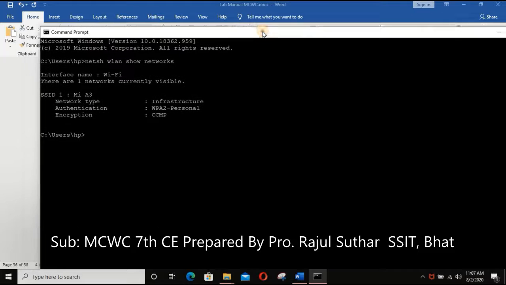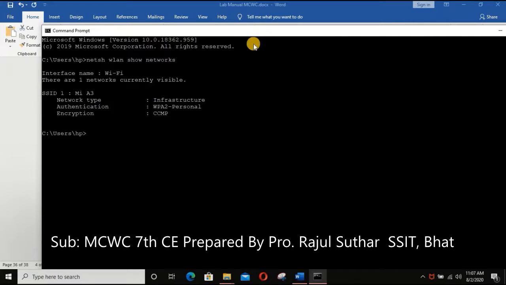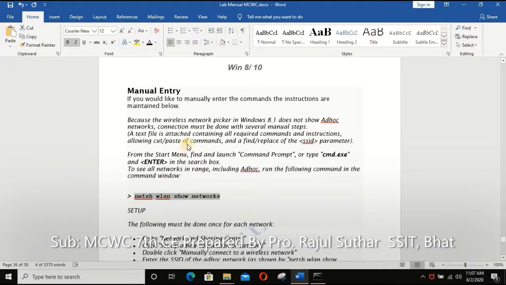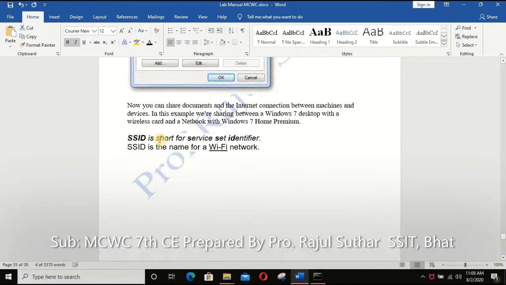So in my laptop, the Wi-Fi signal available is shown as SSID. SSID is nothing but the service set identifier. SSID is the name for the Wi-Fi network.